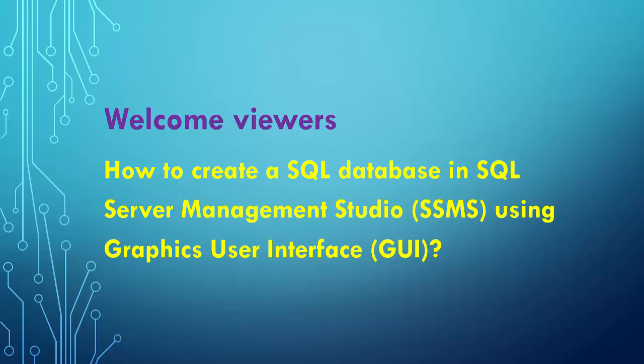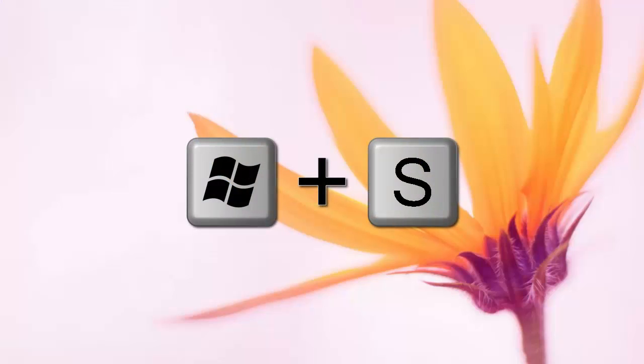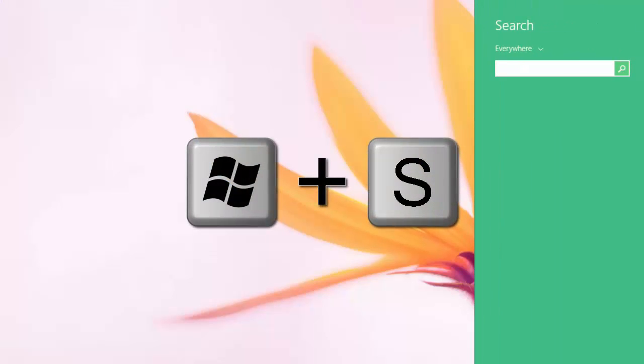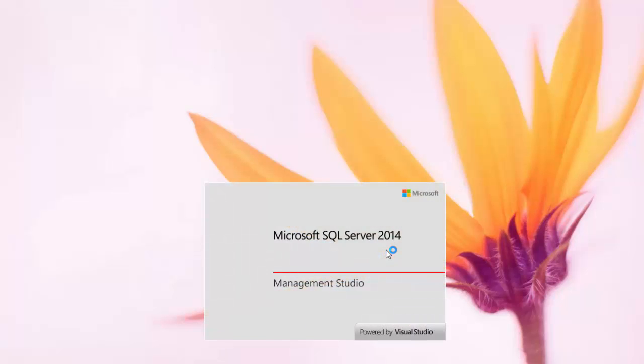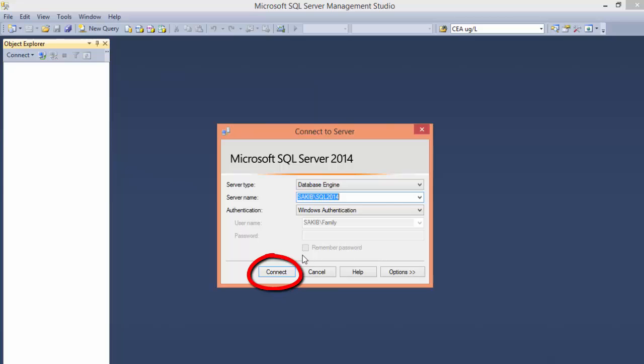Okay, so I'm going to press Windows key and then S to bring the search screen. Then I'm going to type SQL. As soon as I type SQL, it is going to display which SQL Server Management Studios are installed. In my computer, two versions of SQL Server Management Studio are installed, so I'm going to use the latest one, which is SQL Server 2014 Management Studio. I'm going to click on this so that it can start, and then I'm going to connect to it,